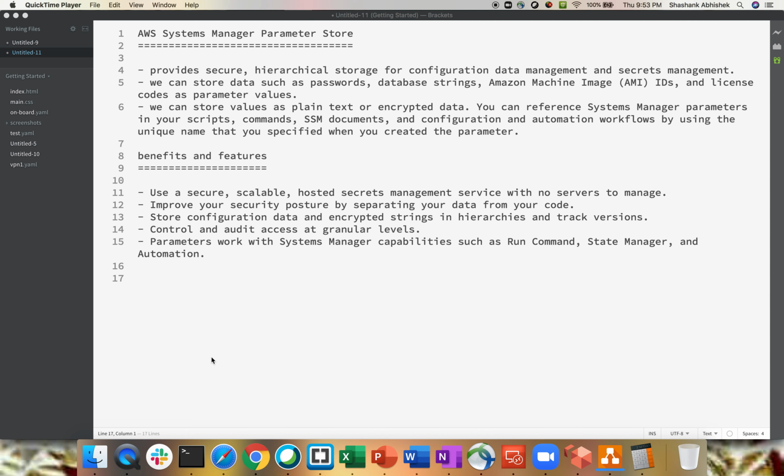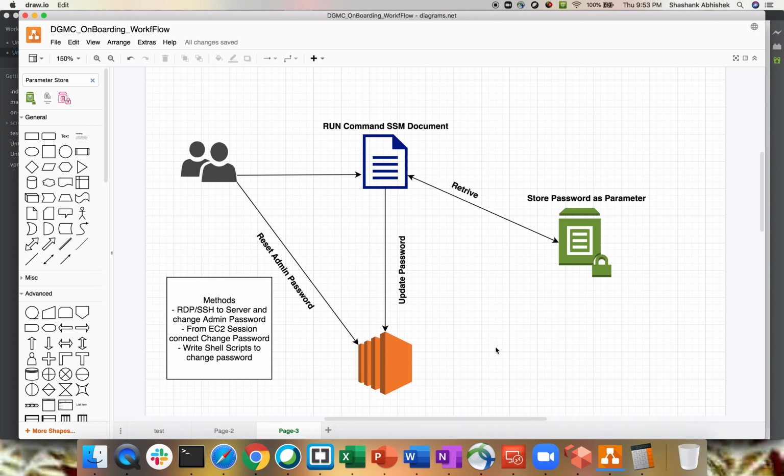Let's try to demo one example. Before that, let's understand this particular diagram. This is an example that I will perform with my AWS Management Console. We have a user, or a group of users. Let's say the users have been given a task to reset the default admin password to a standard password for your organization.